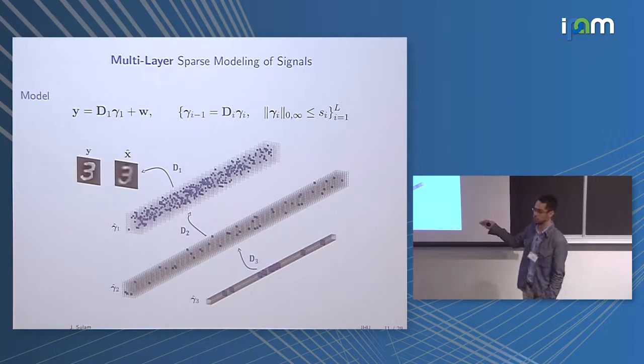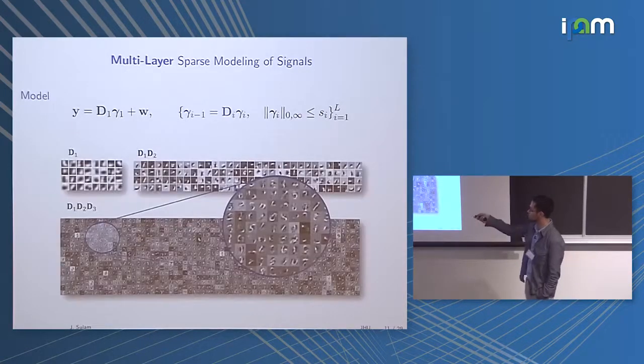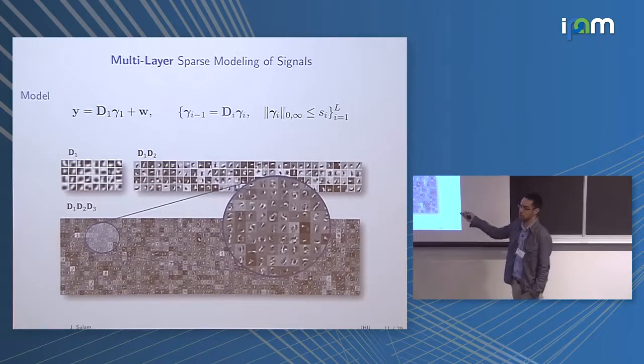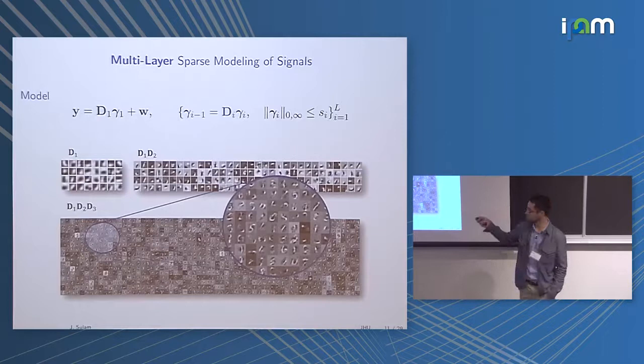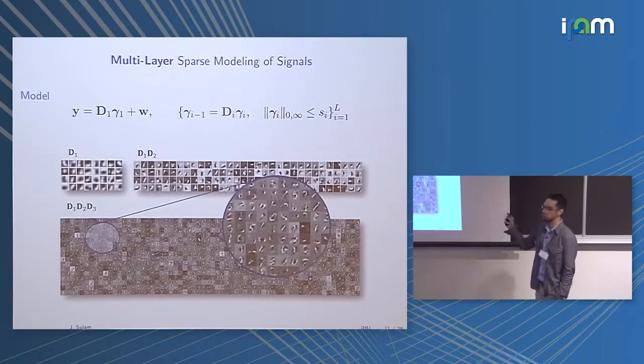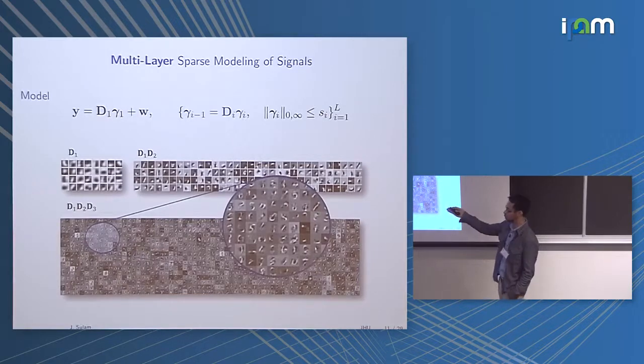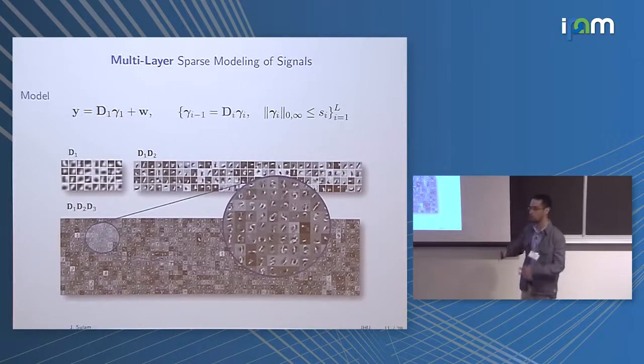This is in fact the real decompositions that we get if one uses these sort of convolutional dictionaries for digits, right? So D1 is essentially a bunch of little local filters. D2, which in this case is sparse for other reasons, essentially gathers a small combination of those local filters in D1 and creates slightly more complex entities that we call molecules because they combine atoms. And then D3 does the same thing for D1 and D2, and it creates these now more complex entities that reflect digits because, of course, that's what they were trained on.